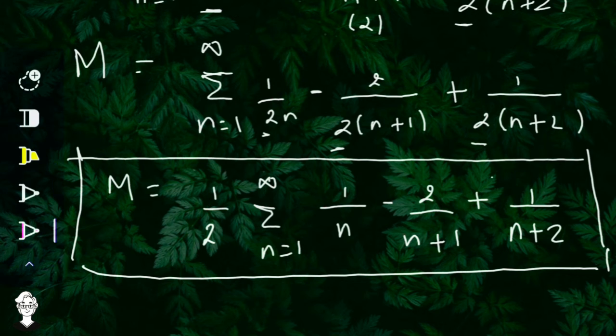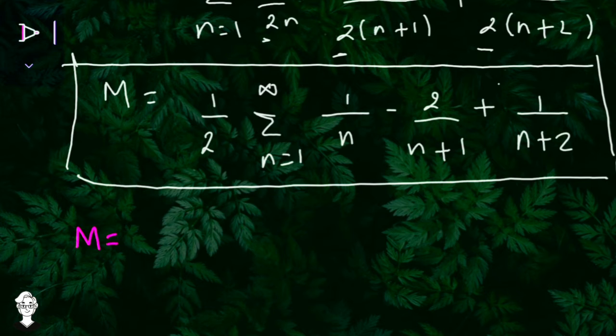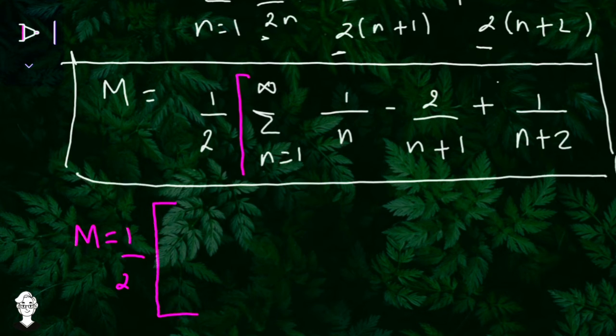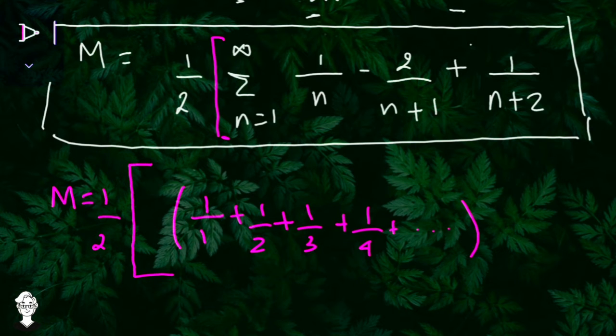Now we will plug in the values of n. So m is equal to 1 by 2, and I am putting the values of n respectively as 1, 2, 3. So first of all, over here a square bracket, meaning this 1 by 2 has been taken common. Now we are putting the values. So for 1 by n we will obtain a series this way: 1 upon 1 plus 1 upon 2 plus 1 upon 3 plus 1 upon 4 plus dot dot dot. This is the expansion of 1 upon n for n equals 1 up till infinity.